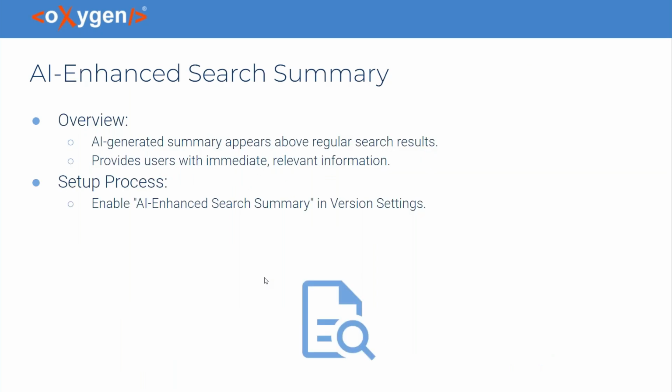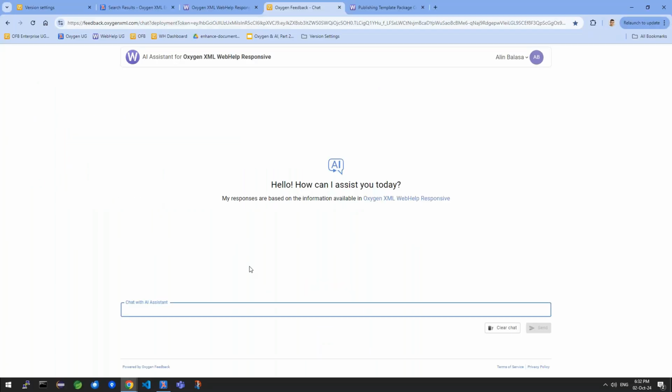Alongside the AI assistant, we now have the AI enhanced search summary. This feature presents an AI generated response right at the top of the search result, helping users to get relevant information instantly. When a user enters a query, the AI analyzes your documentation and displays a concise summary. This can be enabled in the version settings, and I'll demonstrate how you can set it up to provide instant value to your users. Again, let's go to Oxygen Feedback's